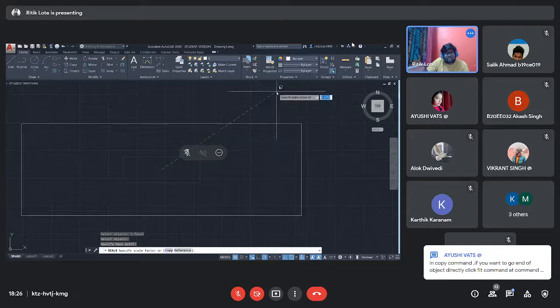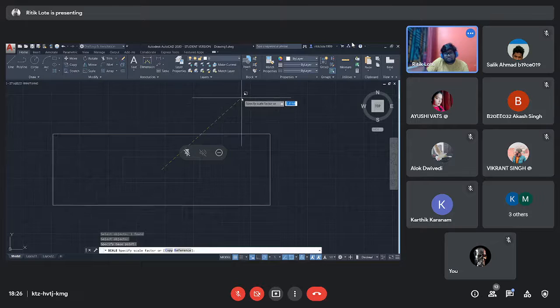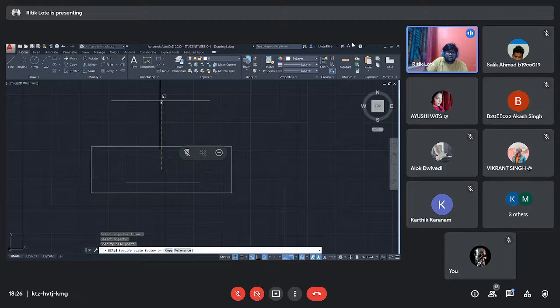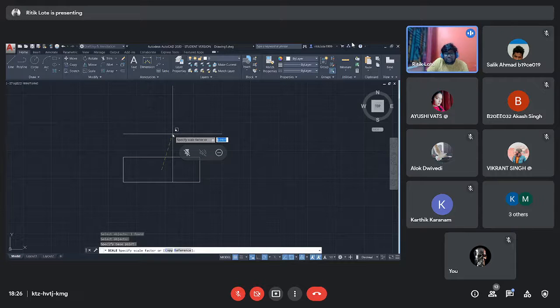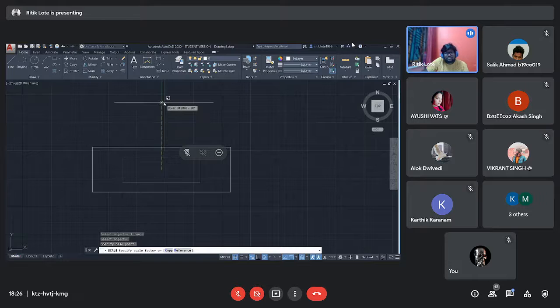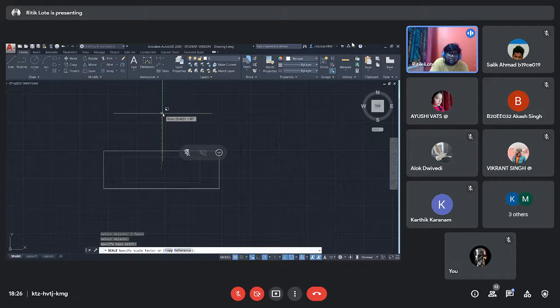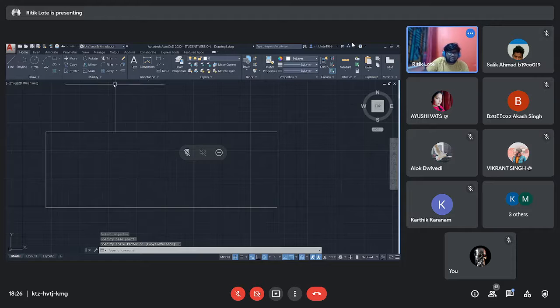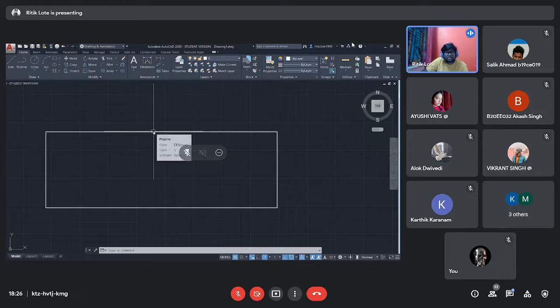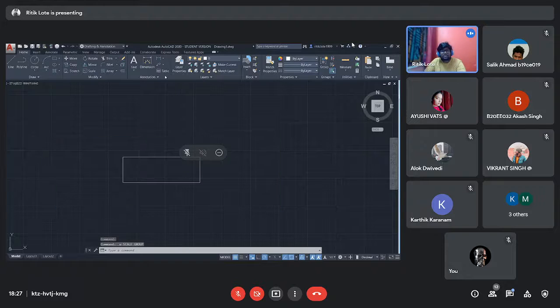Then after that I can just randomly go to a particular point, according to how much I want to increase it. If you have a particular dimension, meaning by what factor you want to increase it. As you can see, it's showing 0.9, it's showing 2, it's showing 1. So if you enter that particular value, it will be increased by that factor. Suppose I type 3, it will be increased by a factor of 3. Same way you can also reduce its size. So this is the scale tool. It's pretty simple.